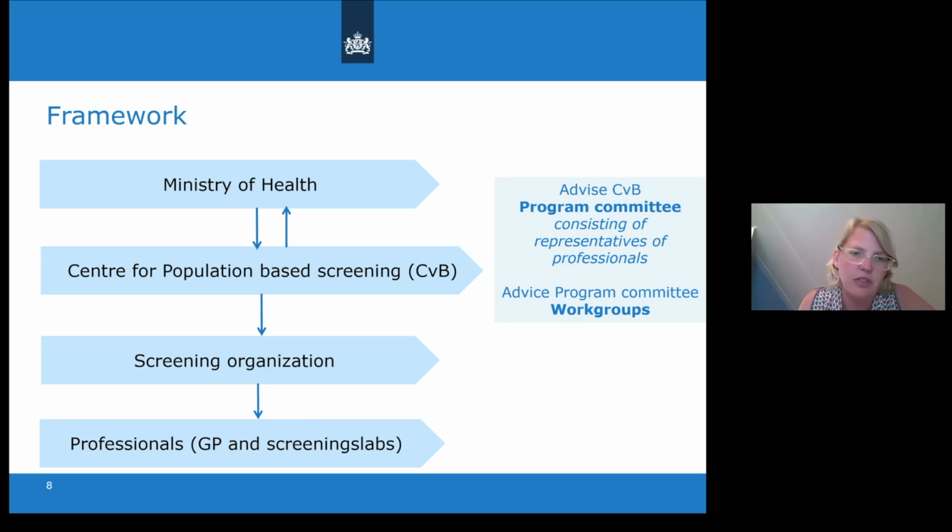by all parts, of course, all kinds of organizations that you need in this chain-like work, which is needed for population-based screening. We have a lot of screening organization, people working there who send out the letters and answer the telephones and do a lot of quality assurance and communication work. And then, of course, there is a whole range of professionals like the GPs, who are quite diverse in the Netherlands, and the laboratories. And all these organizations and people were also involved in the implementation,